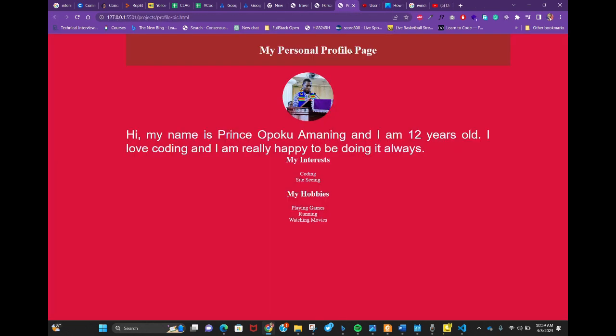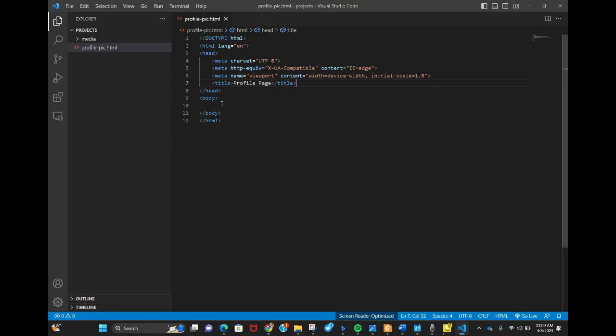So we have my personal profile page, which is an H1, an image, some paragraph, and then an unordered list here. So to do that, all I need to do is come into my body, create my H1 element,